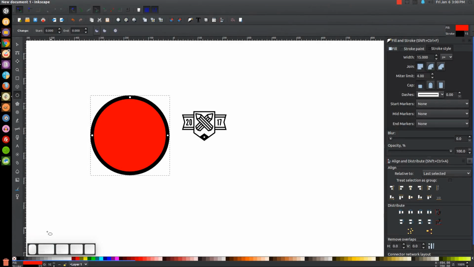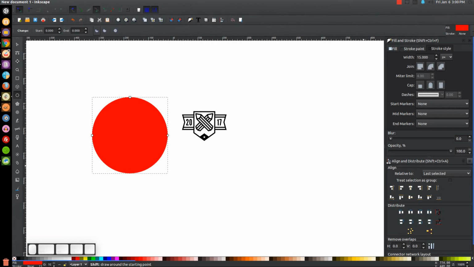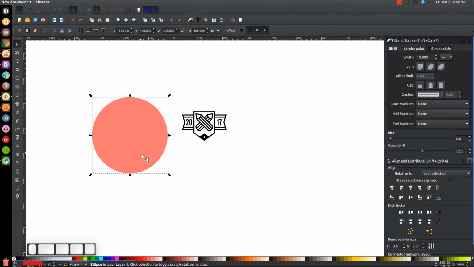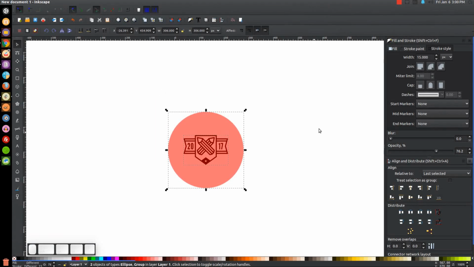Get rid of the outline by holding Shift and clicking on the X. Bring the opacity of that down in half. Go back to the Select tool, hold Shift, click on the logo, center it on the vertical and horizontal axis. Click off of it to deselect everything, and then take just the circle right here and hold Control and Shift